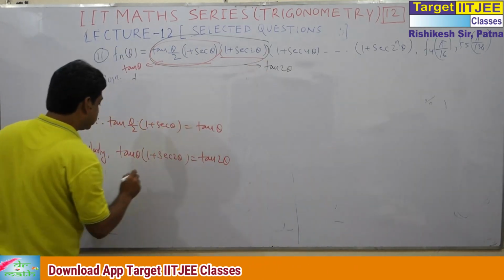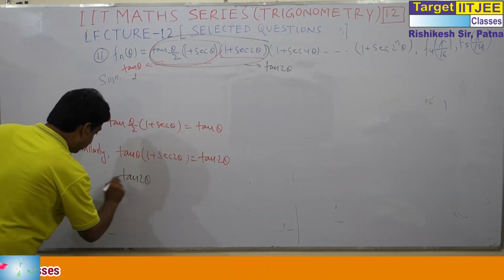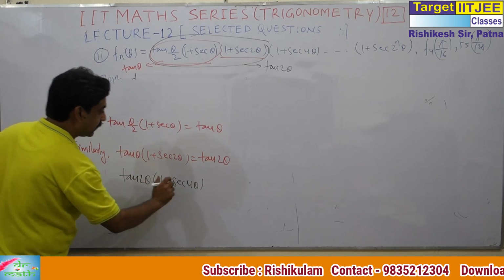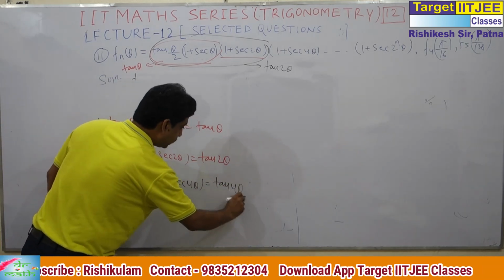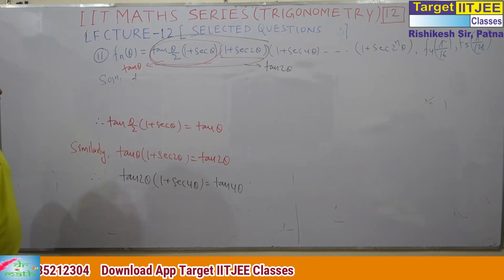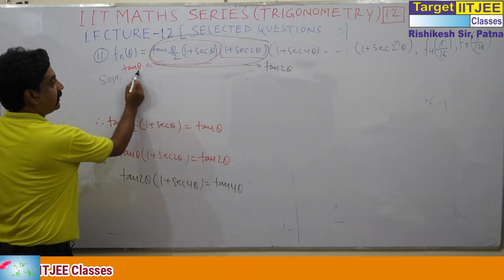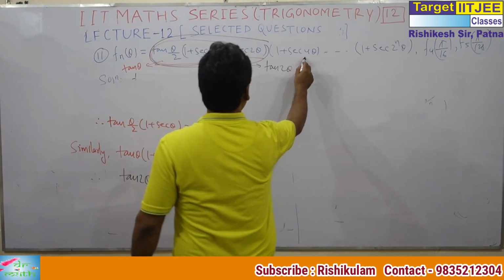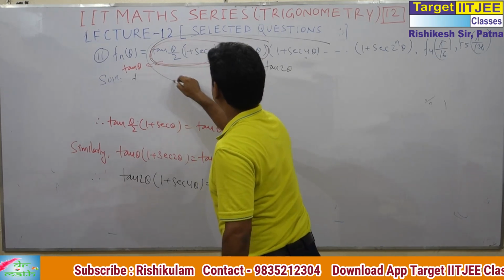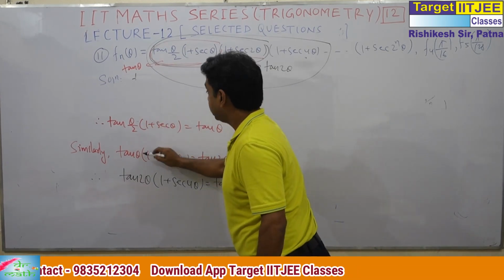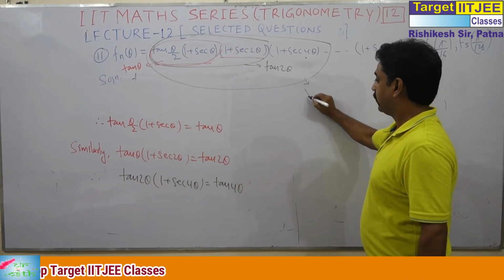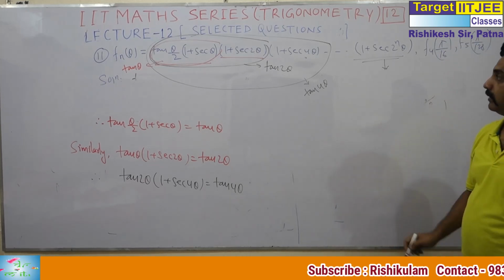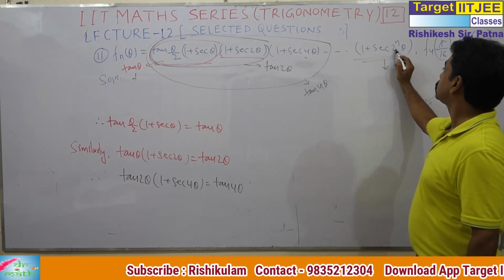Now, when this tan 2 theta is multiplied by (1 plus sec 4 theta), double of 2 theta, this will be what? Tan 4 theta. So finally we get what? See, this is theta, so this is tan theta. This is 2 theta, so this total is tan 2 theta. This is 4 theta. So what is this one? See, this is written here. This one is tan 4 theta. So finally this 4 theta, then this 4 theta. So finally this is 2 to the power n theta.